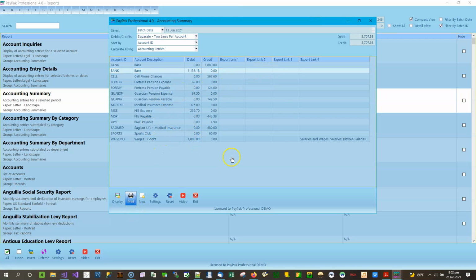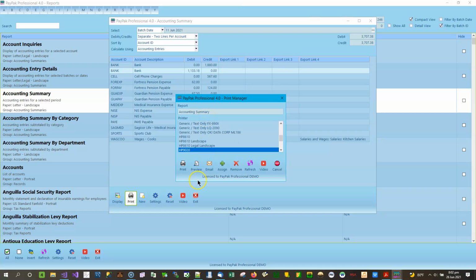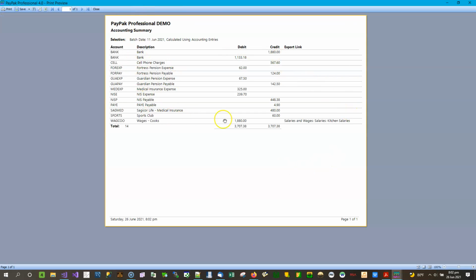If you click on the print button, you can preview the report and it looks like this. Okay, as I said, you could just print this out, or you can key this into your accounting package. We do have